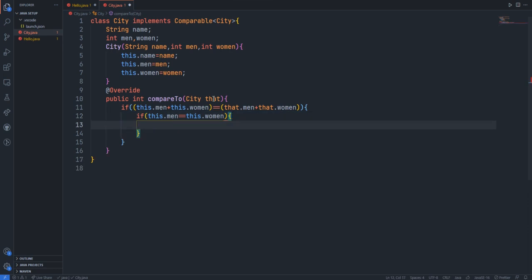If both match, we sort the values according to the name in ascending order.